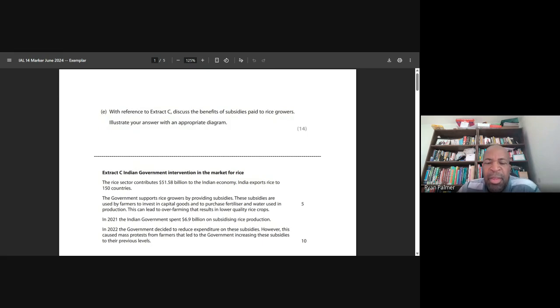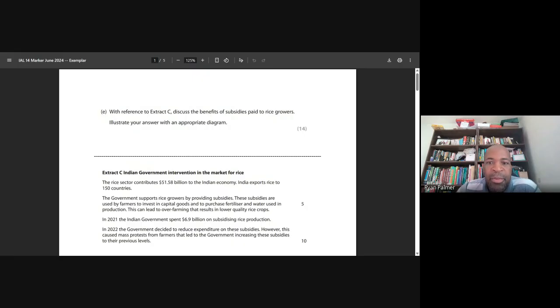So in terms of the development, I'm going to recommend a particular approach. So we state the points. So firstly, then we go to application, we find an example, in this case from the extract, and then we explain our point, and then we have a concluding link, and then we're going to evaluation, and then we'll repeat